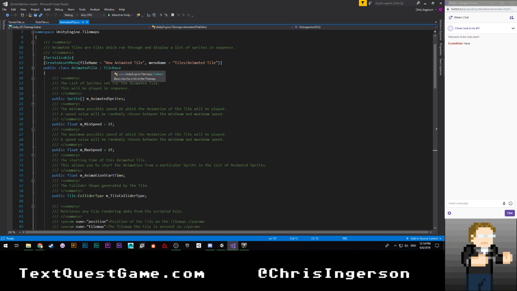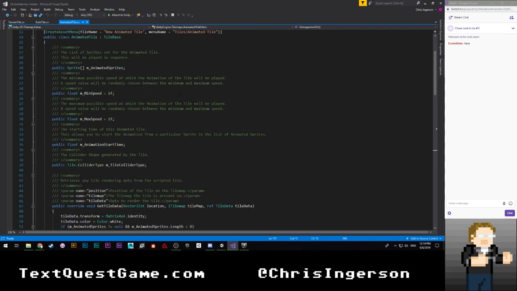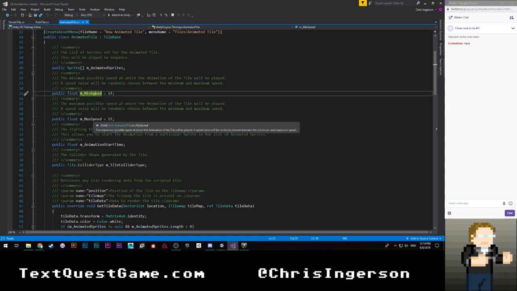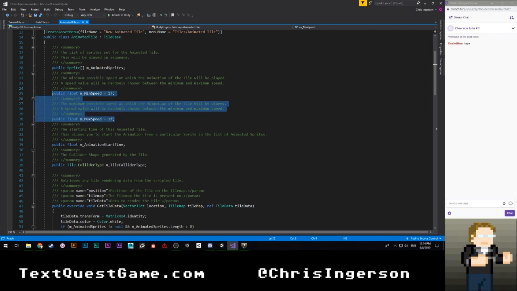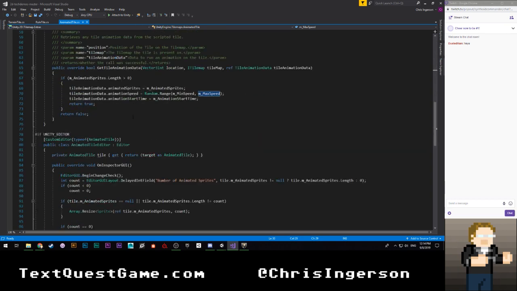You can see that it derives from tile base, which is, as that tooltip says, the base class for any tile on a tile map. It has some variables, well, the obvious variables for the sprites that it's going to toggle between. We have a variable for minimum speed and a max speed. This is something that they purely did for their animated tile. That's actually probably not what we want. Instead, we would do something like this, but instead of min speed and max speed, it would be